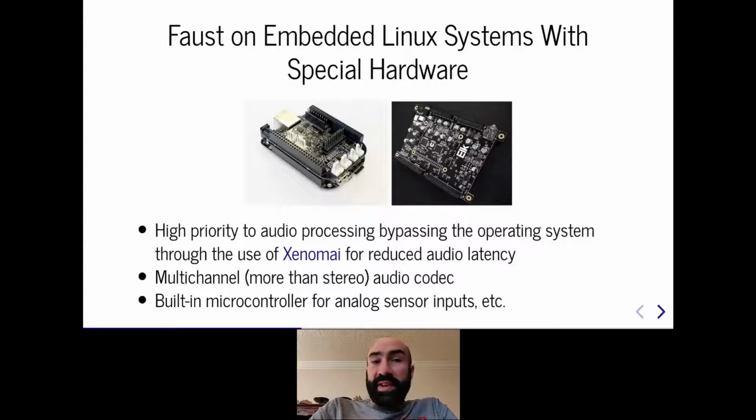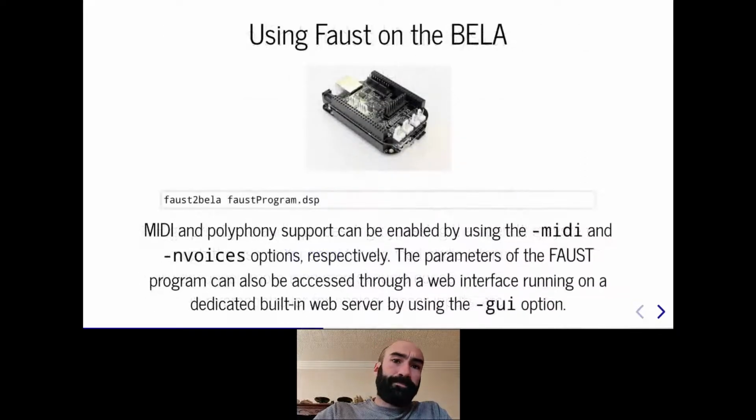Both are based on existing embedded Linux systems and involve the use of a sister board or hat and of a specialized Linux distribution in order to provide high priority to audio processing, bypassing the operating system through the use of Xenomai for reduced audio latency, multi-channel audio codecs, built-in microcontrollers for analog sensor inputs, etc. So they provide you with additional features to what you would get on a normal embedded Linux system.